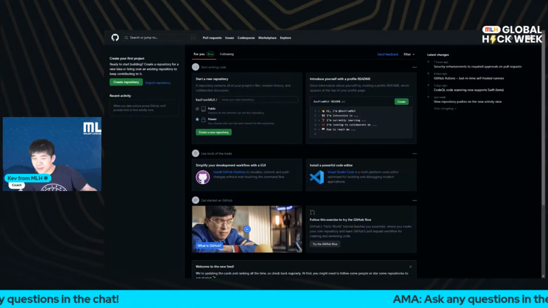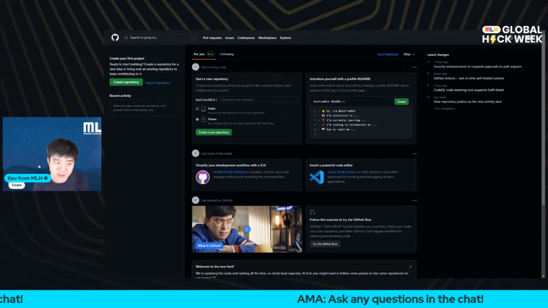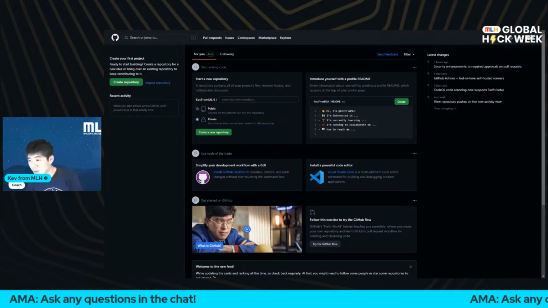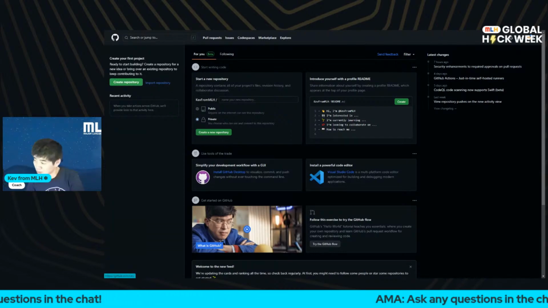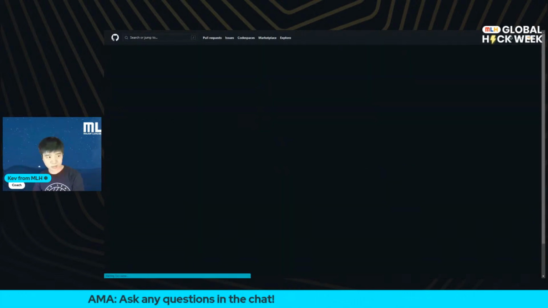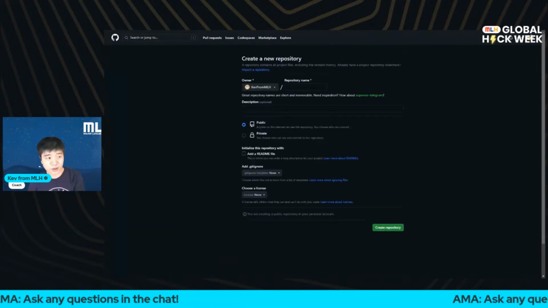Welcome to GitHub. So this is GitHub. We're going to first create a repository. That's what we're kind of talking about, and that's where we want to start, right? When you first start, you make a Git repository. So I'm going to make my first Git repository. I'm going to hit create repository. So I'm the owner,